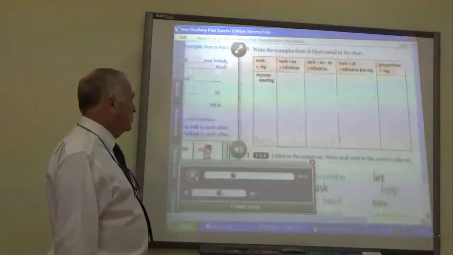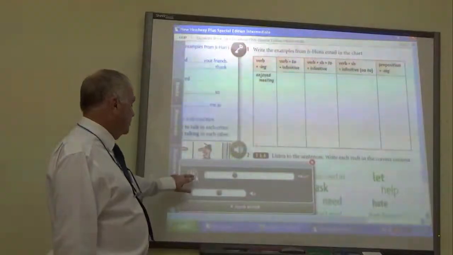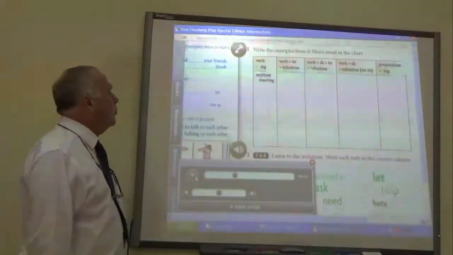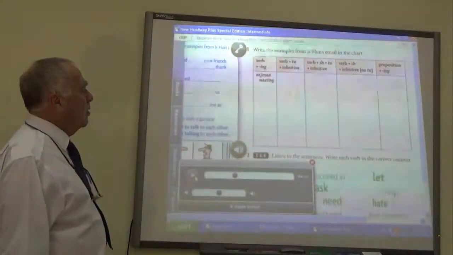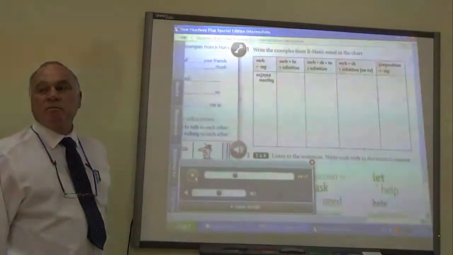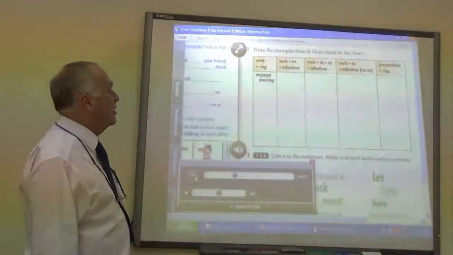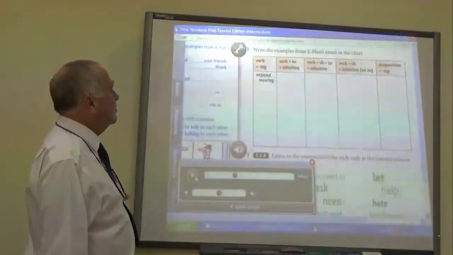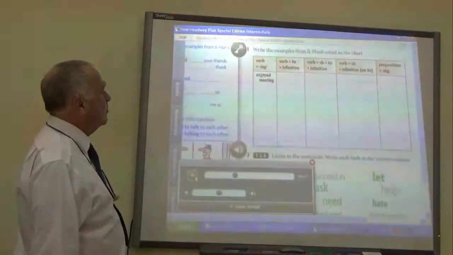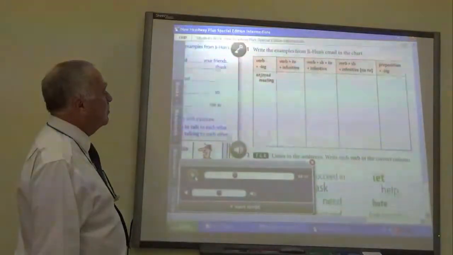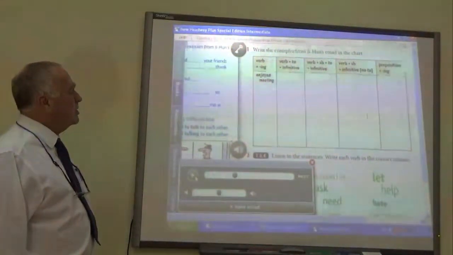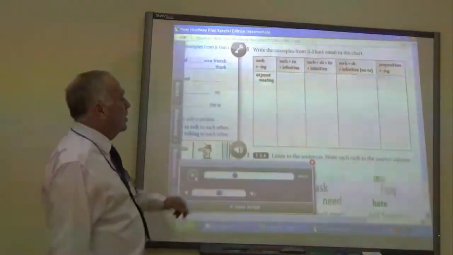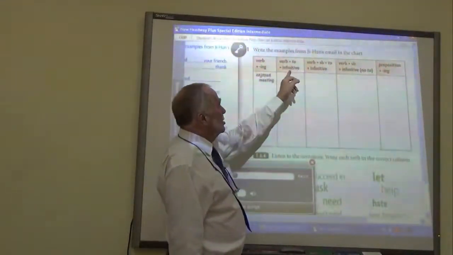4. Don't forget to take your passport. Which column would that be in? Well, it could be 4 because it says not to. Not to do. Don't forget. Don't forget to take. Forget to take.